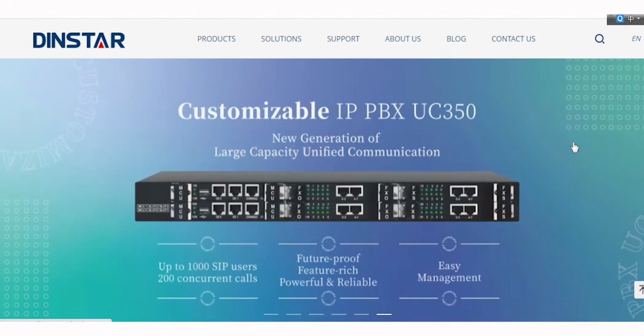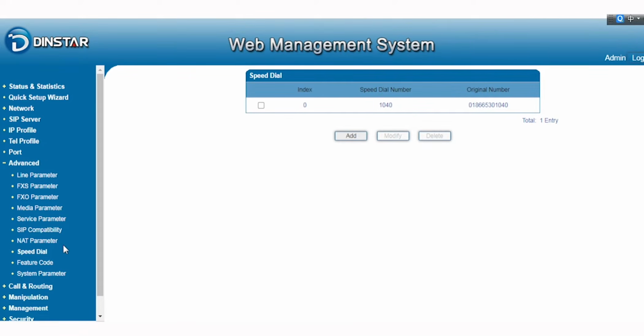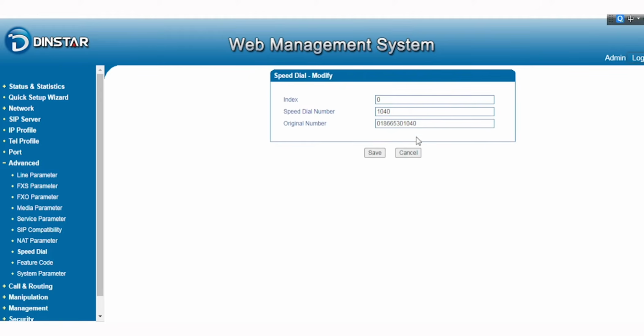Of course, you can do that in a simple way, and the way to do it is to just use our analog gateway to do the speed dial. Our analog gateway offers such a feature. Here we go to Advanced, then Speed Dial. After that, just enter the speed dial number and the original number. For example, here I put 1040 and put my mobile number as the original number, and just save the